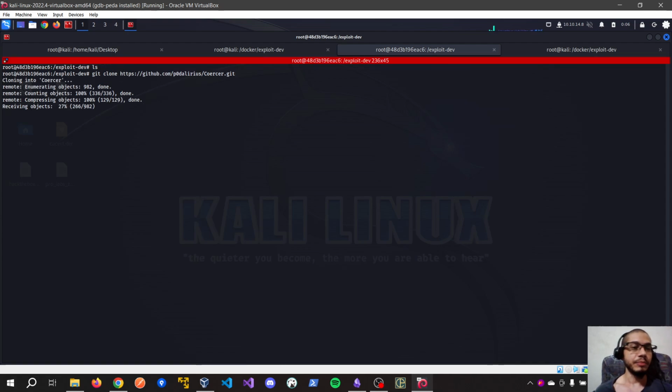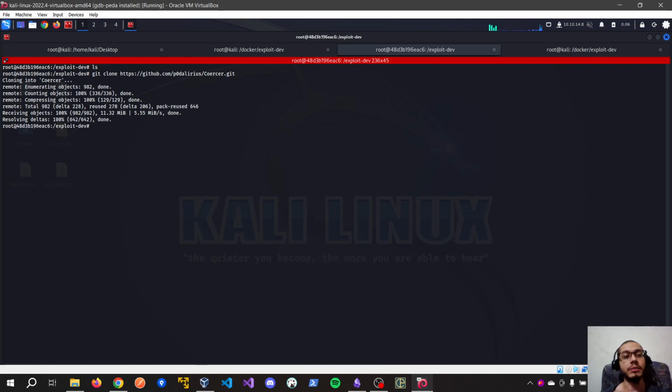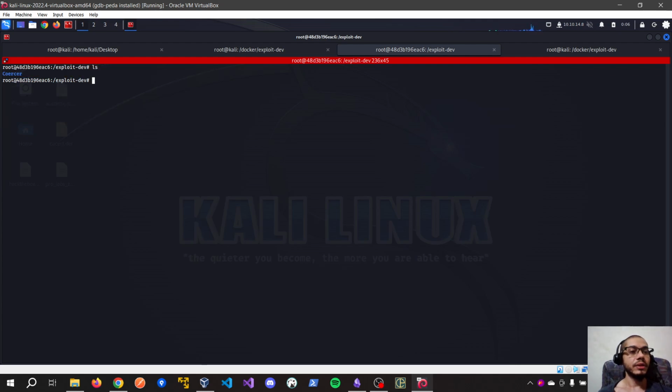Let's clone this package inside our Docker machine here. Now that we have this package here, we can enter it and install this package in this machine.